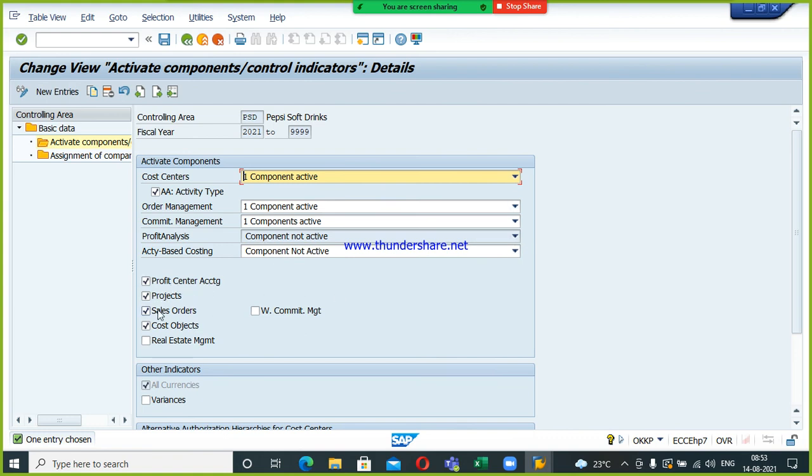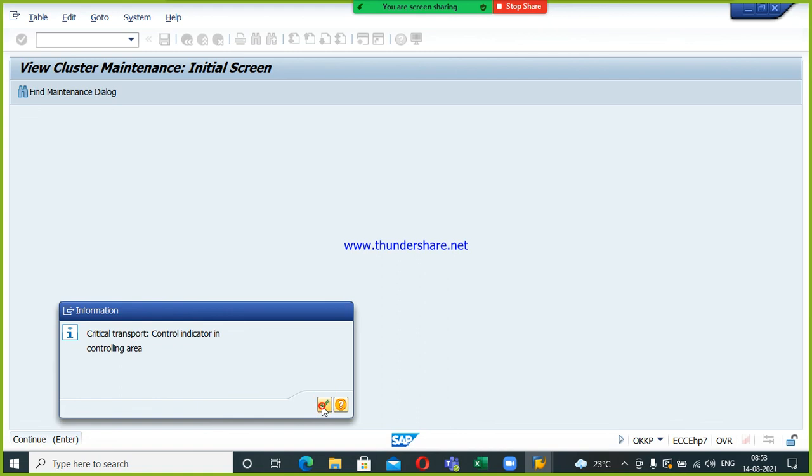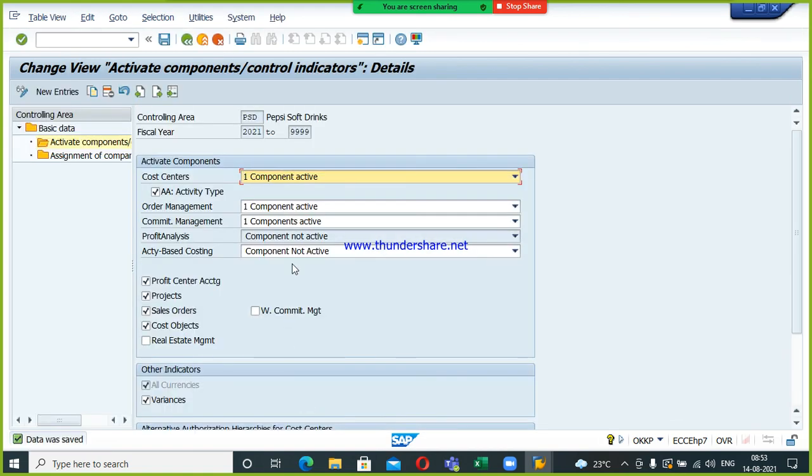And here profit center accounting, project sales order and cost object, we selected this. Okay, we activated that one. Then if you want, you can add or you can select variances also. Okay, save. Okay, fine. So now controlling area is ready with